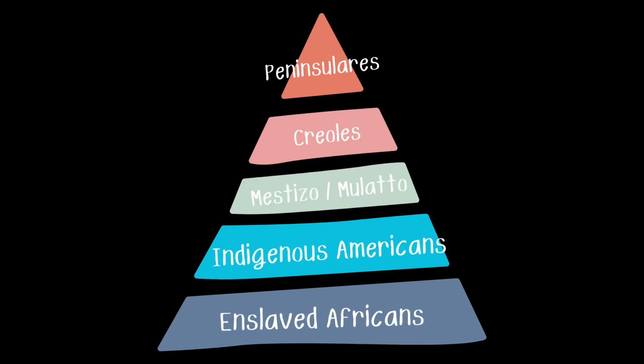The mixing of ethnic groups resulted in new groups of multiracial people, such as mestizos, who were partially native and partially European, or mulattoes, who were partially African and European. This division and hierarchy became quite extensive, as political rights and power based on race really kind of became systemized.